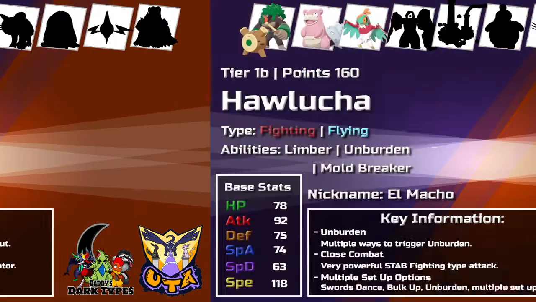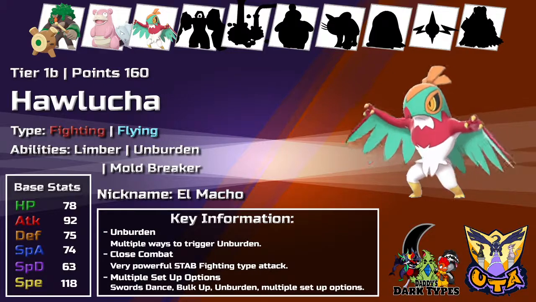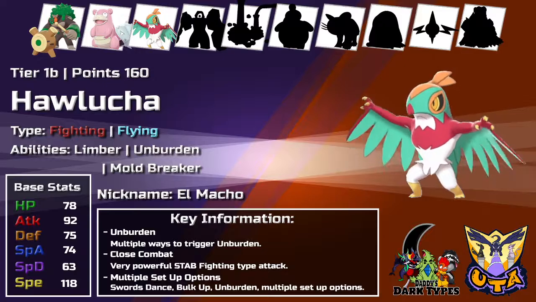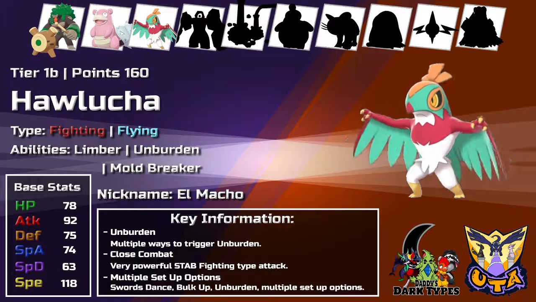Alright, so next up, as I was saying before, we have Hawlucha. Hawlucha, the premier terrain sweeper with Unburden. Also has Mold Breaker. If I need to hit things with Earthquake that is levitating, that's going to be a pain in the ass. Or just, in general, a lot of other things. So, of course,